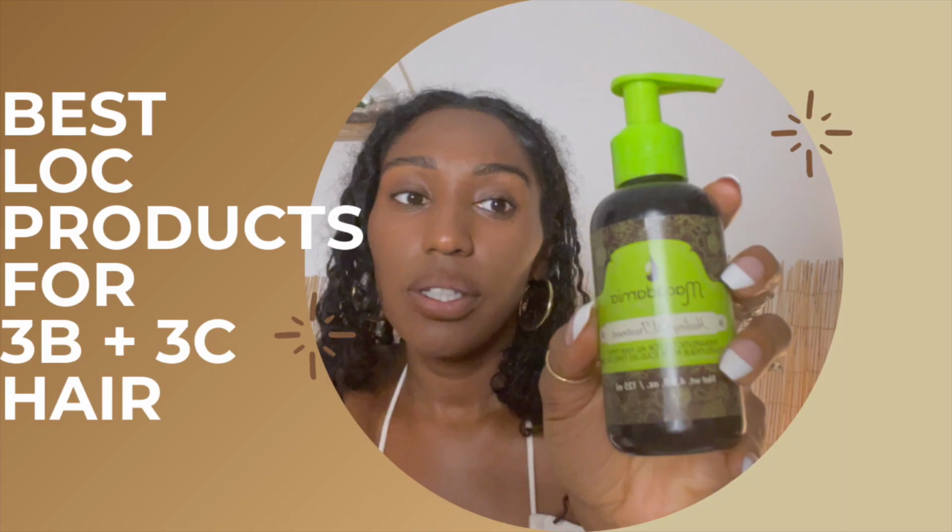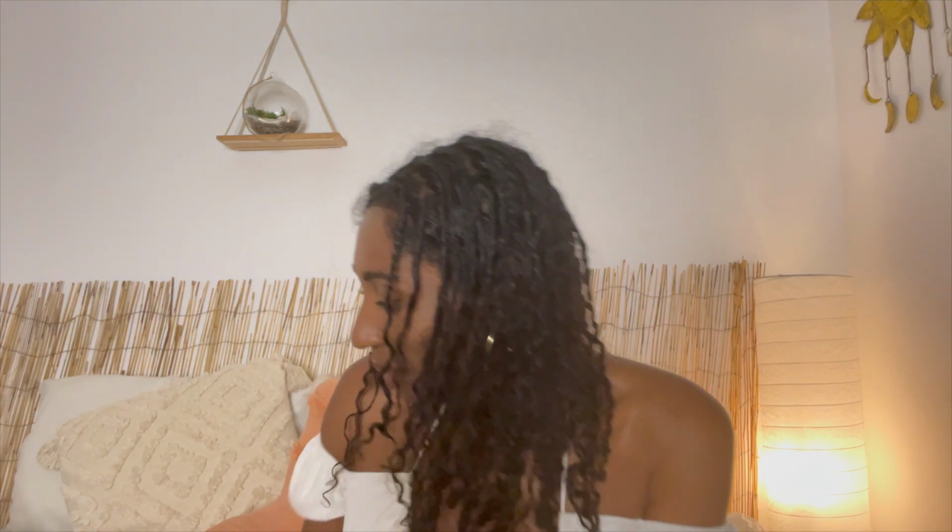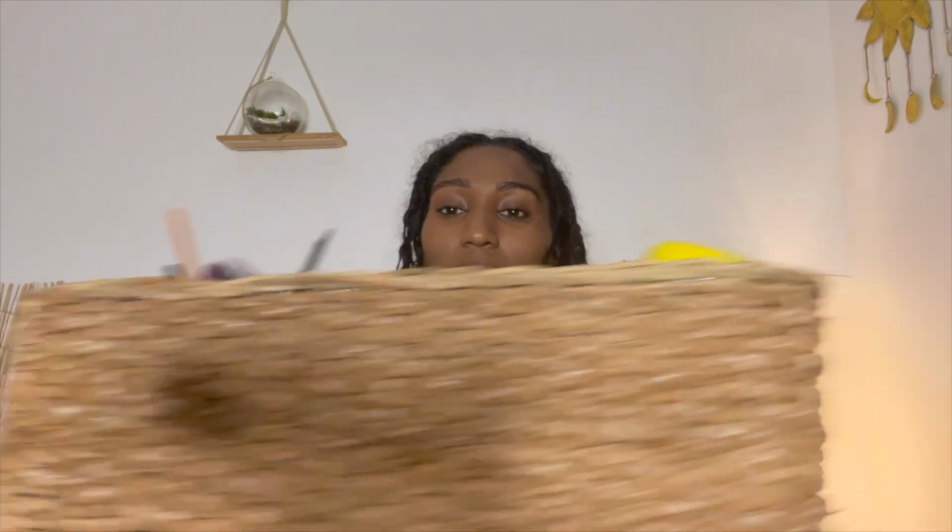Here are my favorite lock products for 3B and 3C hair, as well as a mini tutorial. So the products I used, I literally just grabbed my whole hair bin so I could just pull things out